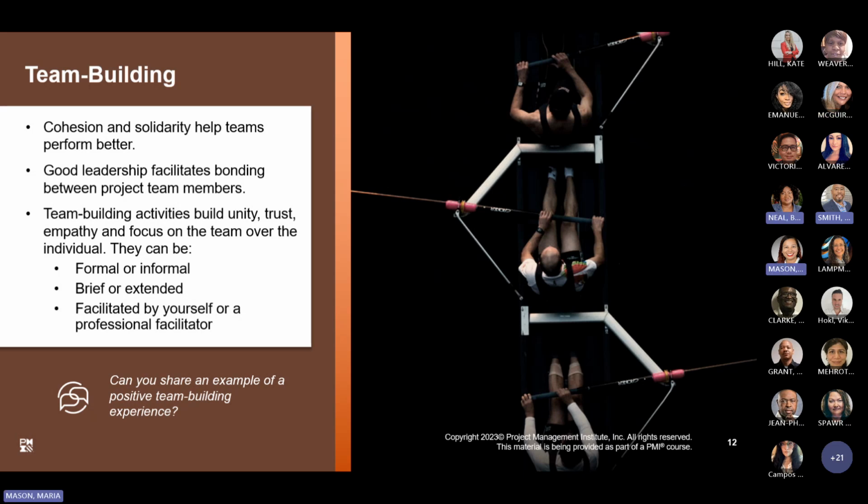I'll just offer, from the past, I've been on teams where we would have a kind of getting-to-know-you exercise at the beginning of the formation of the team, where we shared some information that was not work related, but was more personal to get to know our team members. And that was a really cool thing, especially when you're in a virtual environment and people are not co-located.